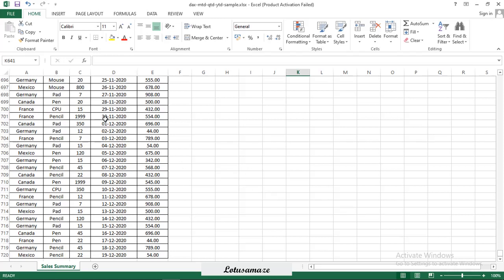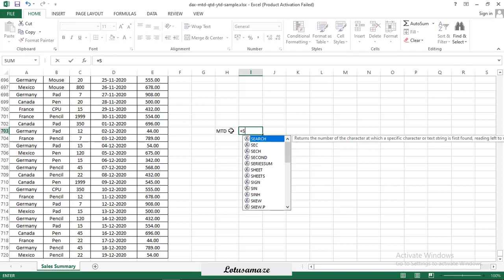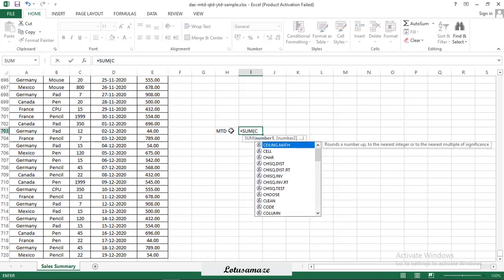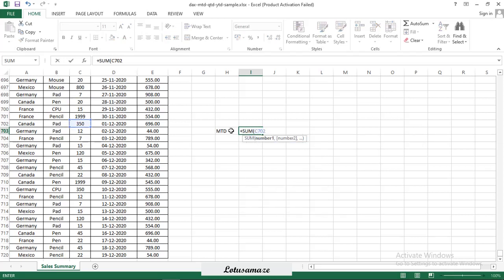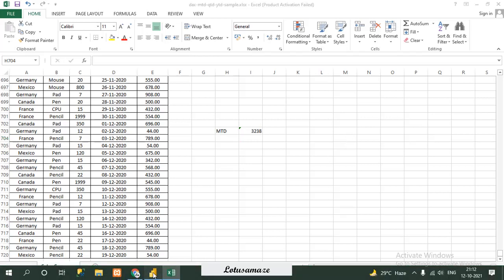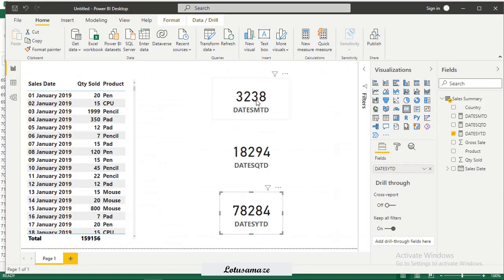So from 1st December, we check MTD. The figure is 3238. Now we verify 3238. That's DATESMTD.